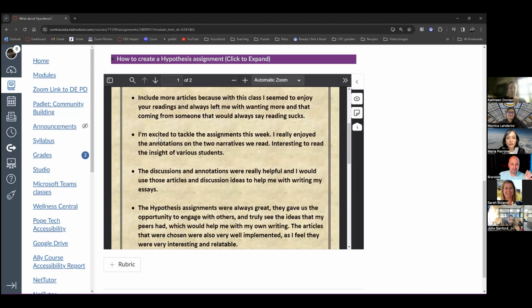So Brandon, for this assignment, do we need to go through the DEPD shell? Yeah, you have to go through the DEPD shell. So there's no way to do this otherwise? Not the way I've set it up to do it online. Hypothesis does have a global option where you can put articles into Hypothesis global. The only issue with that is that it's global, so anyone can be a part of it. It's a little dodgy when it comes to FERPA.